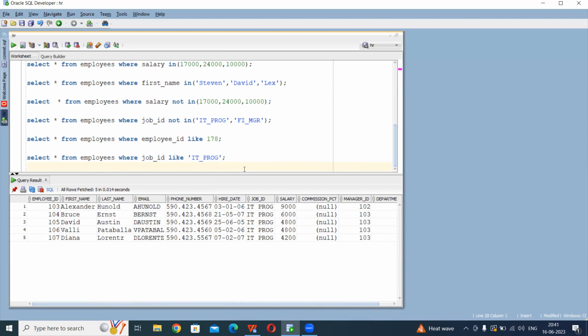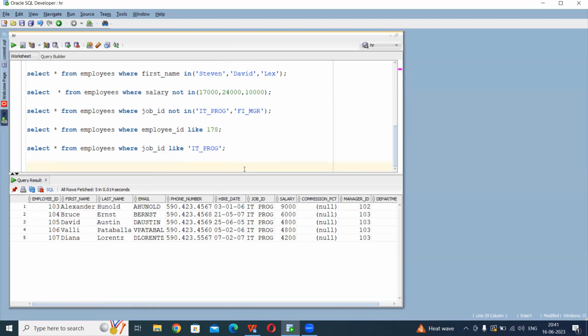So now we'll go for writing the query. How do we write our query? We'll be writing our query starting with the SELECT keyword. After SELECT, I have mentioned star. After star, I have mentioned the FROM clause. After the FROM clause, I have given my table name as employees. I wanted to retrieve data from this employees table, so I have used the same. After this, I have given the WHERE keyword. After giving the WHERE keyword, I have given my condition like